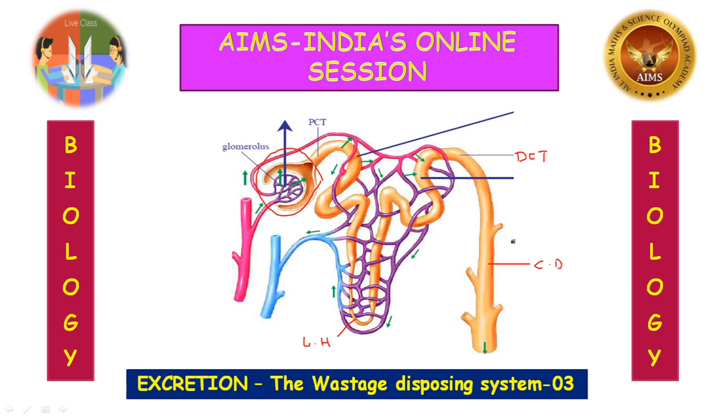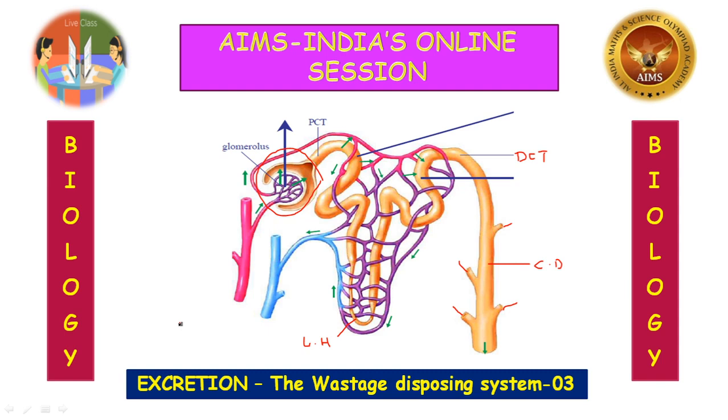So these are the portions. For example, here these are all connecting other nephrons. All the nephrons connected together and opens into pelvis. That pelvis opens into the hilus region. From the hilus region there is a tube. What is that? Urinary tube. Okay, after filtration, the collecting duct opens into the pelvis region, where it opens into urinary duct or ureters, through which the urine is collected into the urinary bladder.